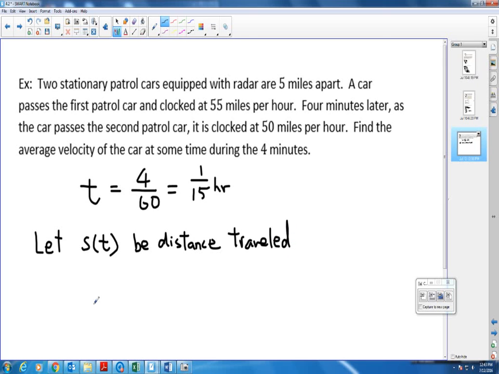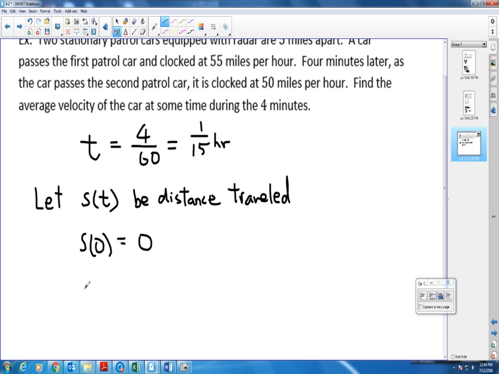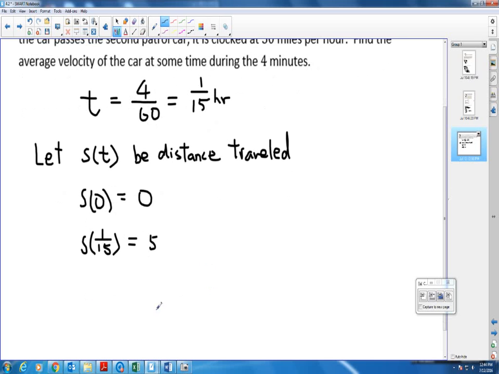So when the time is 0, the distance must be 0 miles. So that's my starting point at the first patrol car. 4 minutes later, 1/15 hour, I will have traveled 5 miles. Okay, so our average velocity,